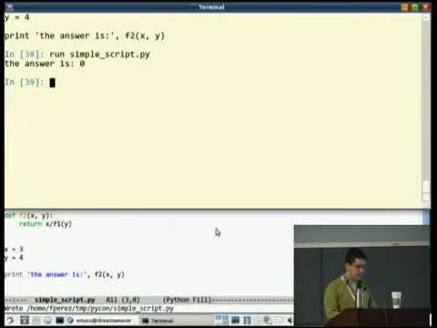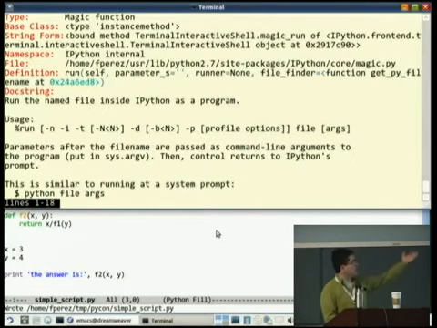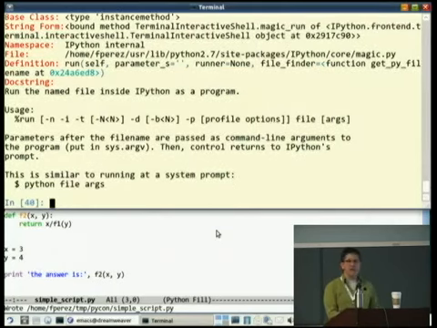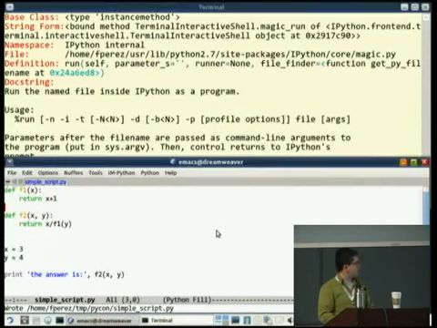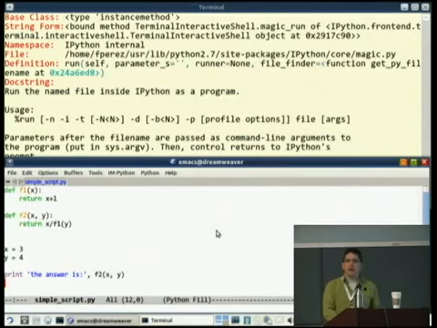If we want to find out what run is, we ask run. It runs the named file inside IPython as a program, okay? Run is not import star, okay? I'm going to explain carefully how run operates, because run is not from script import star. Run is actually exec file on steroids, with lots of control over the namespace. So what happens when you run your programs is that this code executes in a namespace, and we go